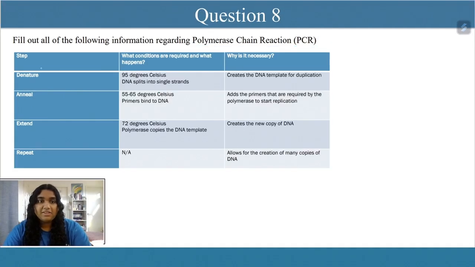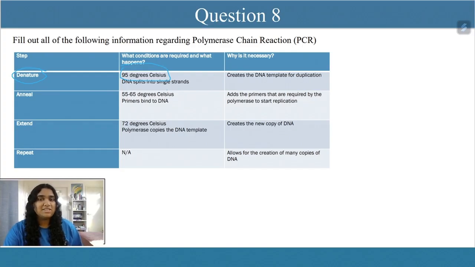All right. Step 1 of PCR is basically where you get the sample of DNA that needs to be replicated, and you denature the hydrogen bonds between the double helix strands so that both of the strands separate out. Instead of this happening in a natural way, so usually we use the enzyme DNA helicase to do that in DNA replication. Because biotechnologies are all man-made, we have alternate methods of doing that. So this time around, we're going to heat it up to a really, really high temperature, usually about 95 degrees Celsius, so that the hydrogen bonds break on their own, and the DNA then splits into single strands.